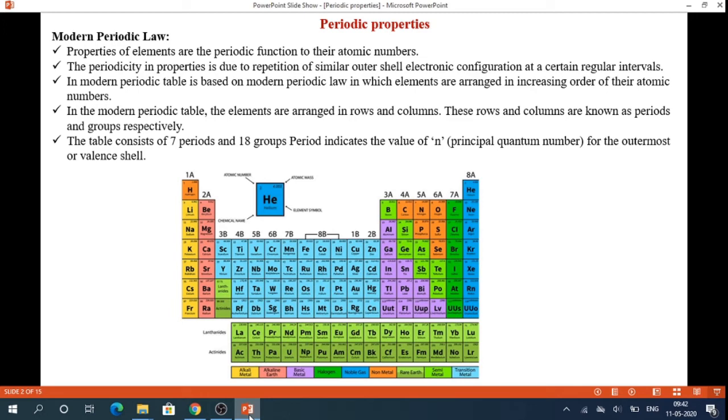The period number of an element signifies the n, that is, the principal quantum number for the valence shell. Elements having a similar outer electronic configuration in their atoms are arranged in a vertical column referred to as a group or family. There are many observable patterns in the physical and chemical properties of elements as we descend in a group or move across a period in the periodic table.